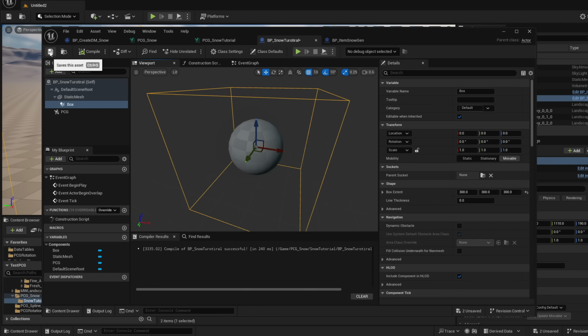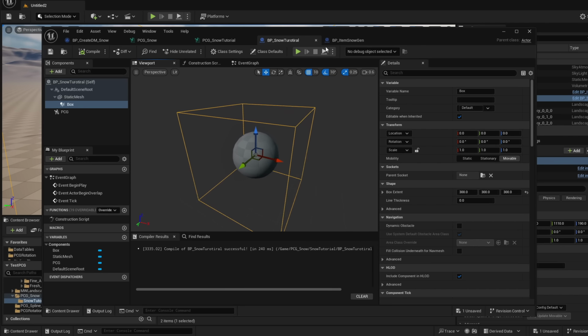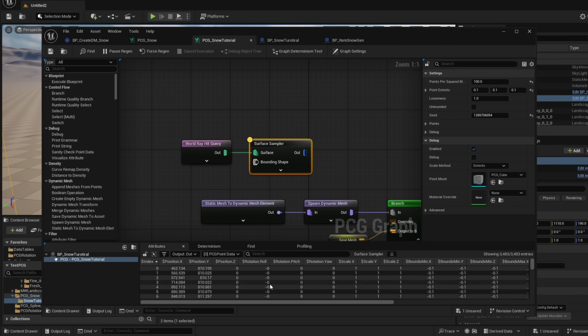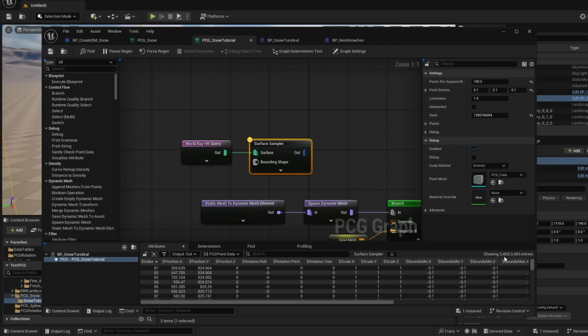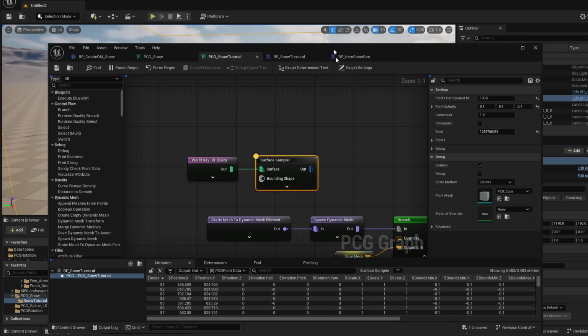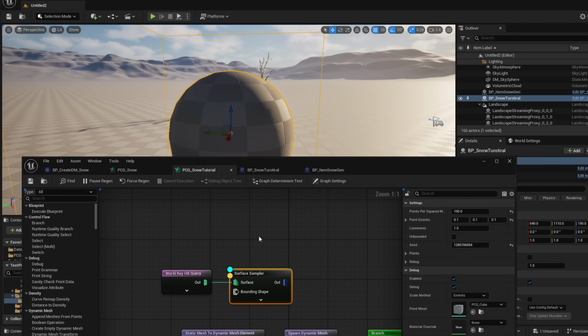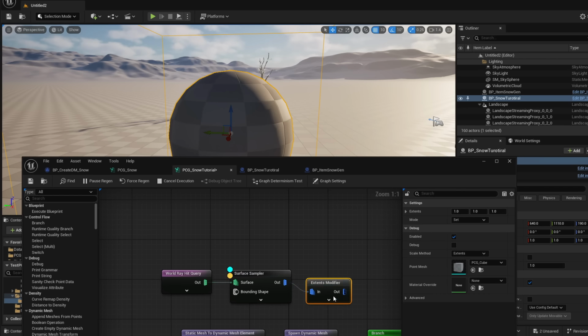Let's compile and save this. And now if we go back into our PCG graph, you can see that we are now generating points. We have 3,400 points or something like this. And if we debug this by clicking the D key, and let's actually do an extents modifier after it, because